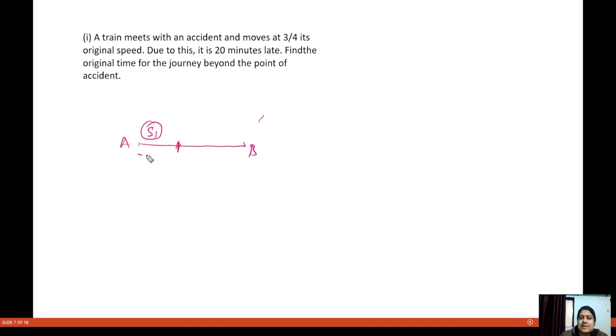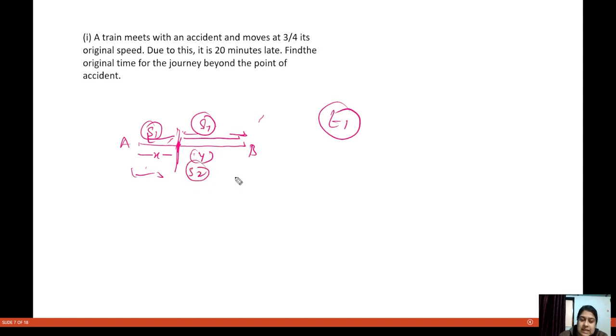Now here, let us say after this X, this train meets an accident. From here to here, let us say that Y distance is left. When they were traveling this distance at S1, the journey was completed in time T1. Now this thing is constant, whether we consider it or not, it will make no difference. When the speed becomes S2, that is 3 by 4 of S1,